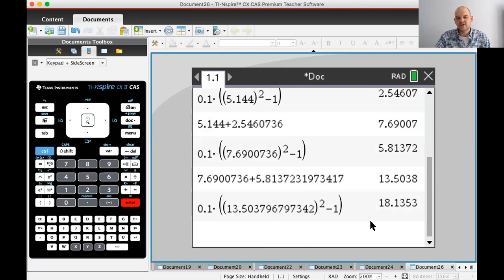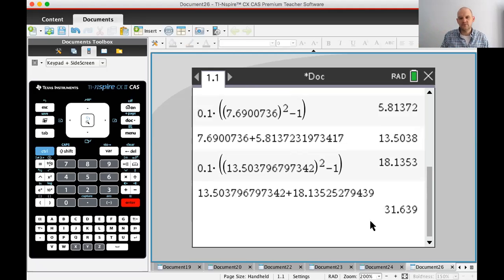18.135. So I've got to add this to this. 31.639 is my claim. I think that's wrong by a bajillion, but I'm not actually sure. So now I'm going to check